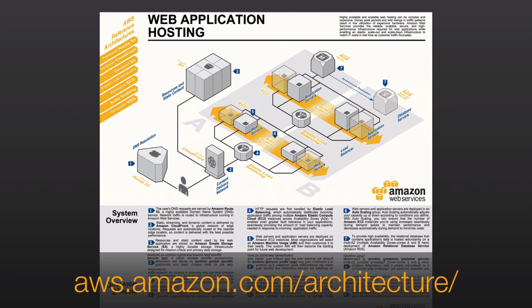And another really important resource in the AWS website is this one, the Architecture Center, aws.amazon.com/architecture. This contains architectural blueprints that you can use for deploying commonly deployed applications onto AWS using patterns and best practice for architecture. Check out this one for web application hosting, which summarizes many of the things that we've talked about during this session in a simple to review asset from our Architecture Center. And there are around about 40 other application patterns that are also addressed with architectural blueprints at the same place on the AWS website.